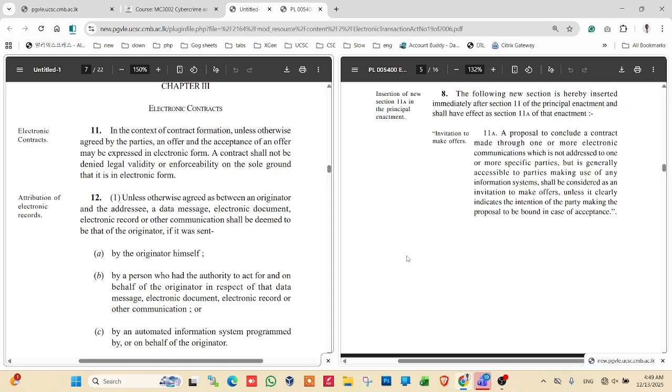Unless otherwise agreed by parties. Right? So if a party says it has to be in written form, there is no possibility of going through here. But it can be done in electronic form. A contract shall not be denied legal validity or enforceability on the sole ground that it is in electronic form. So now, if you do an Uber Eats order and that person doesn't deliver, you have a legal case against Uber Eats. Why? For breach of contract. Are we clear? So that's the electronic transaction. So now,